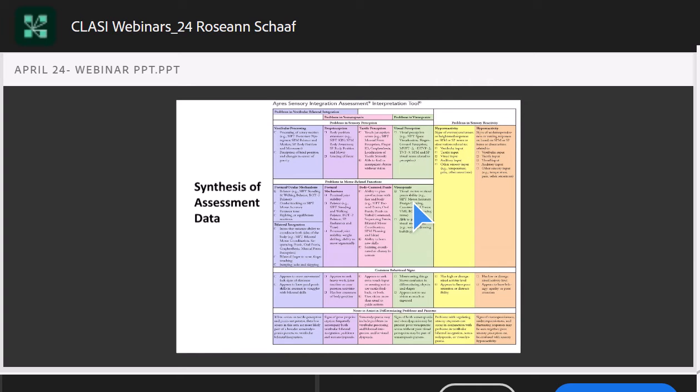But I think you can start to see how you can use an interpretation tool like this to plug in other assessment results too. Here you can see the Motor-Free Visual Perception Test. If that's what you're giving and the child scores low there, it might go here. And then again, the hyporeactivity in each of the sensory systems on the various tests of either the SPM or the sensory profile, and